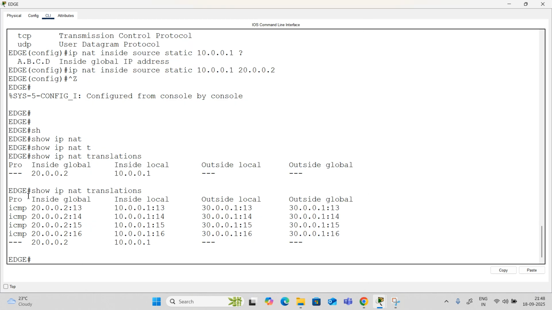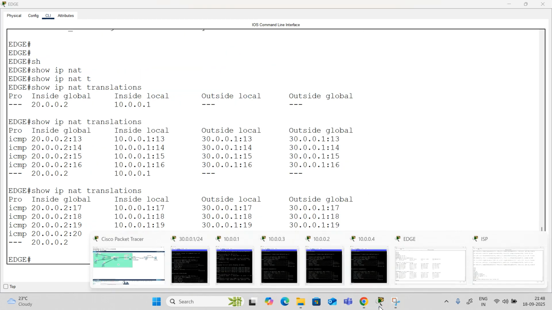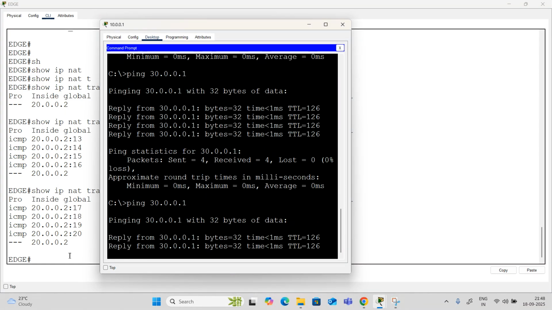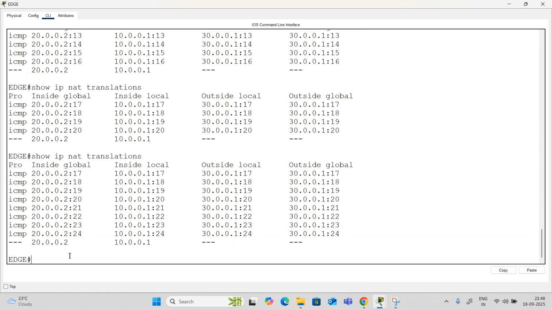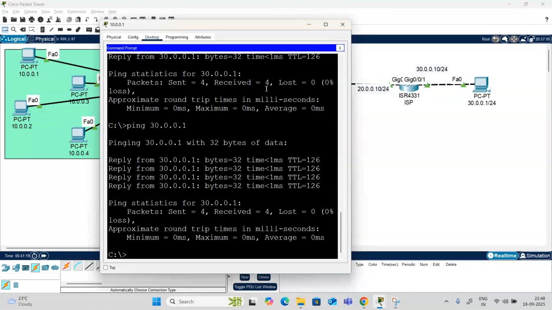Let's go and check now. Okay, ping again. See, the table will get refreshed very soon. Okay, now let's go. You see, more packets. Do you see this? Translation is happening. When traffic is coming from here, it is translated to this, so that the reverse NAT can also happen. You're able to send the ping message, and you're able to receive the reply